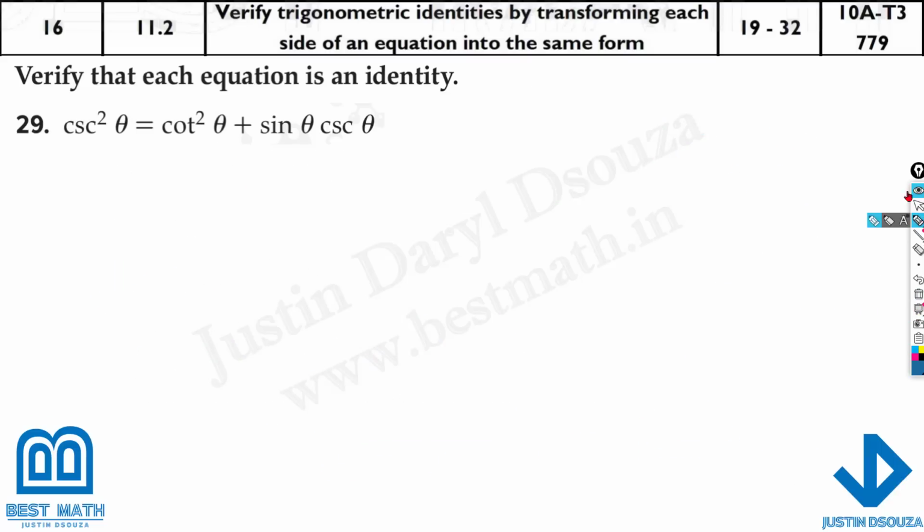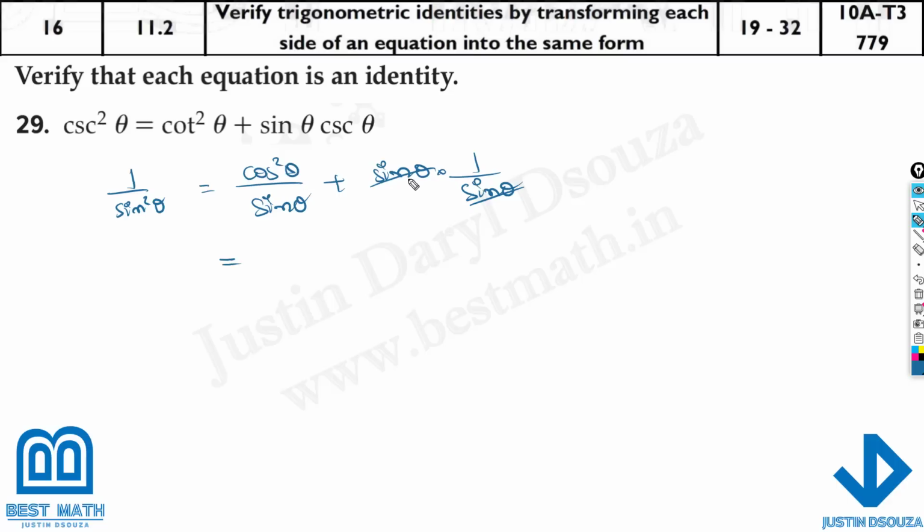And here we have the next problem. Again, cosecant square theta. Cosecant is 1 by sine. Now square is there, so 1 by sine squared theta. That is equal to, what is cotangent? It is cos square theta by sine squared theta plus sine theta multiplied by 1 by sine theta itself. So here I can just cancel this off, right? Sine and sine cancels off. So here what do we have is